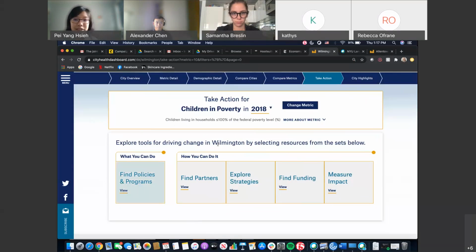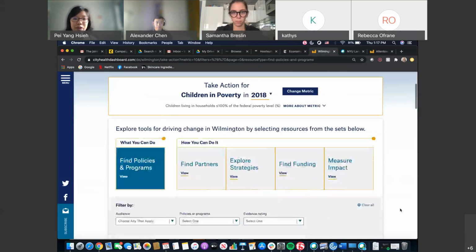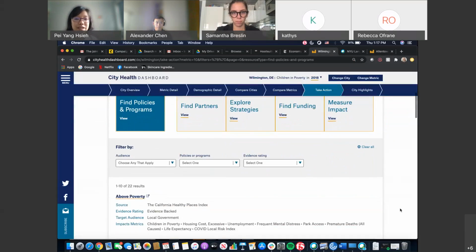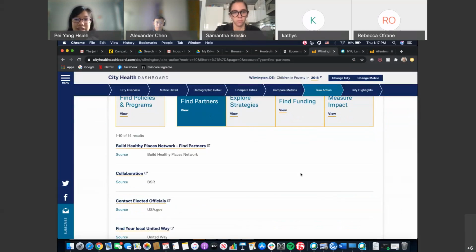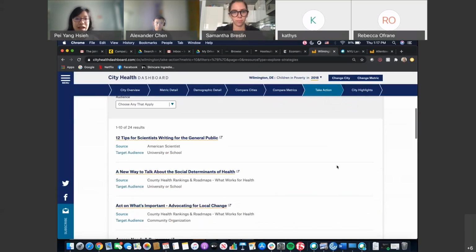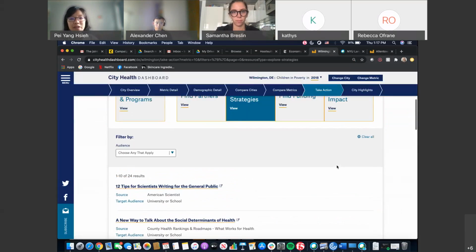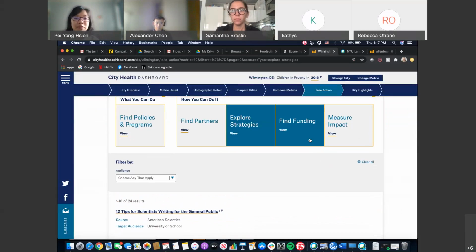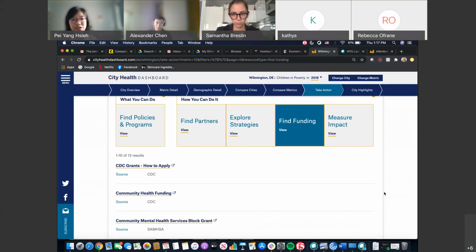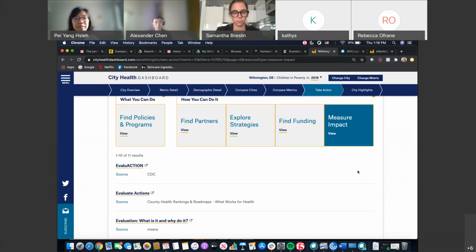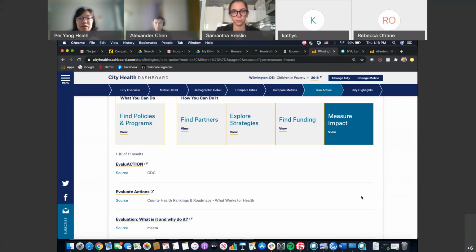The Find Policies and Programs is pretty straightforward. The Find Partners can help you identify websites and organizations as potential collaborators to help you achieve your goals. Explore Strategies provides guidance for communication, advocacy, stakeholder engagement, and other important tools for action. Find Funding can identify the diverse funding streams that are available to users and provide tips on how to obtain this financial support. And lastly, the Measure Impact tool helps users leverage data to support their work and